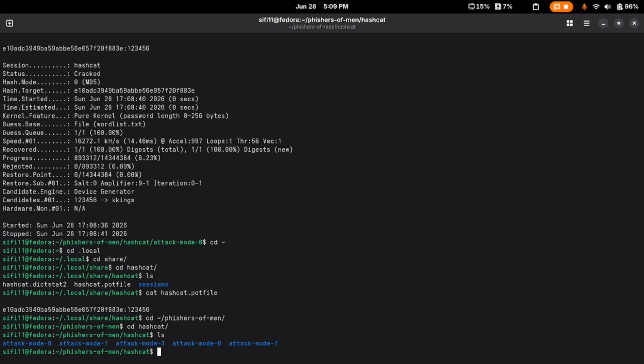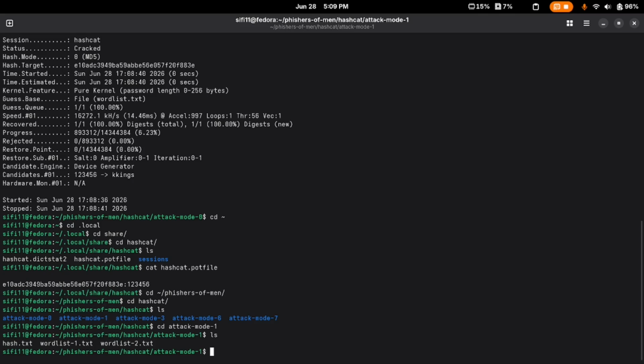Next we have attack mode 1. Now, in here we have a hash.txt, a wordlist1.txt, and a wordlist2.txt. Now I know you're thinking, wait, why do you need 2 word lists? Well, that's what attack mode 1 is. It basically takes the word that is in wordlist1.txt and the word that is in wordlist2.txt, and it combines them into one word, and then it tests them against the hash. So it's actually pretty similar to the dictionary attack for mode 0, but you just specify 2 word lists at